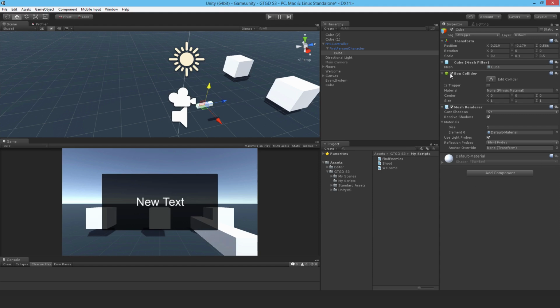is holding. And I'll turn off the box collider, so stuff that you have your player holding, you don't want a collider on it, otherwise you'll have problems when you're walking around. Okay, so now if I hit play,